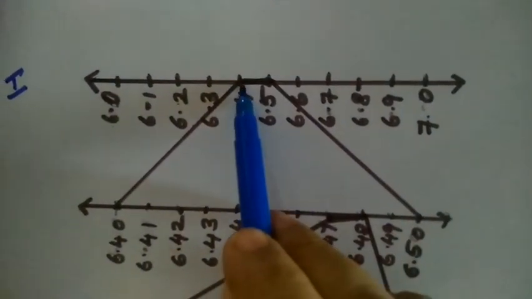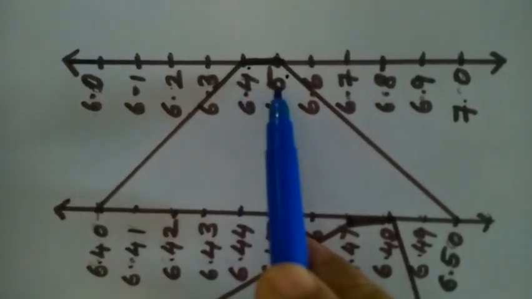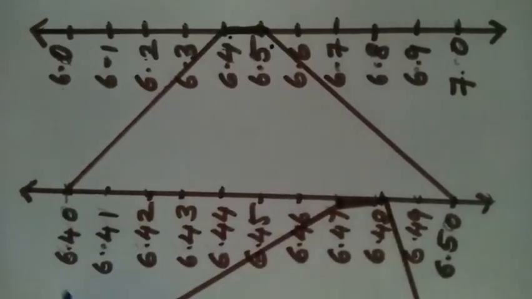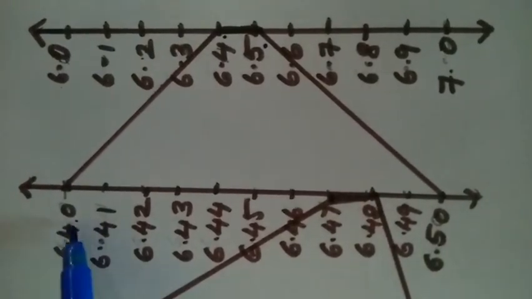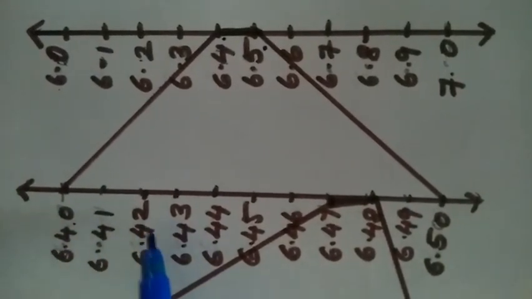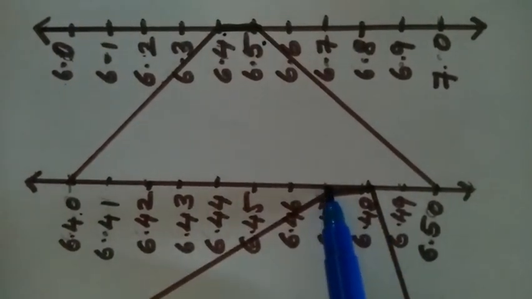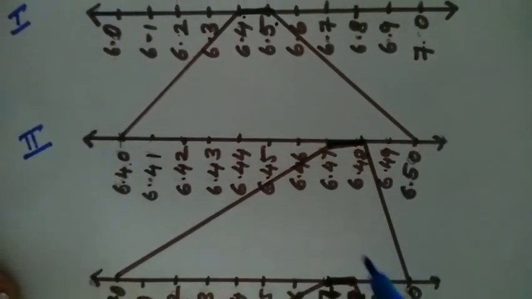Second step, we have to magnify at 6.4 and 6.5. Here we have 1 decimal only. The next step, we have to make it 2 decimals by adding zeros. 6.40, 6.50. So 6.40, 6.41, 6.42, like that it will continue. So 6.47 is required. So here the next magnification comes. So this second step is completed.